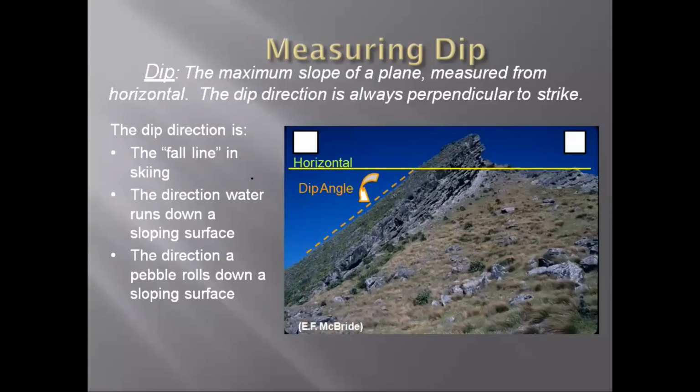Then comes the other important part, that is the dip. You can see here we have a feature, and this was actually the strike of the feature. If you want to trace the same formation, you will have to come in this direction, and you will find the same formation. However, if you go in this direction, the rock types and rock layers are changing. So this is the direction of the dip.